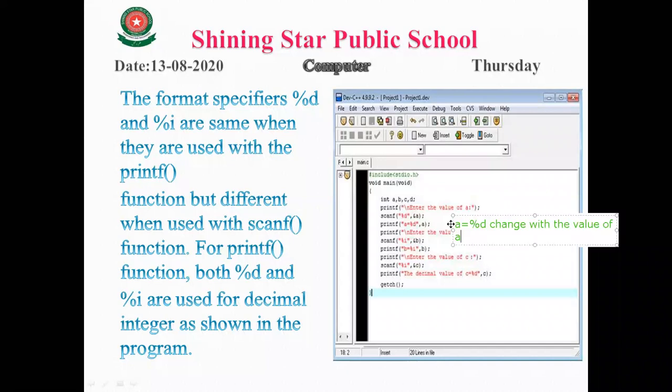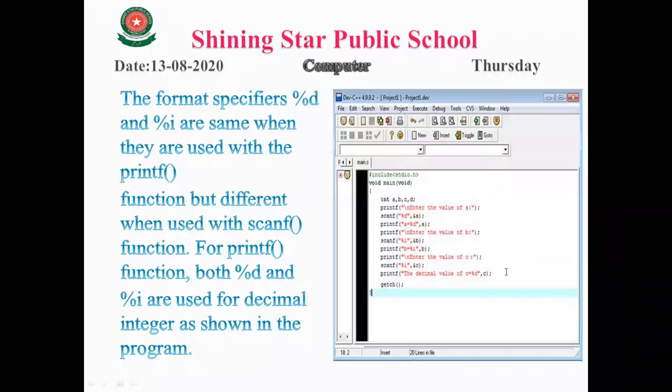Okay, and it will display the answer a equal to, so let's suppose the user enters 15, it will display like this, a equal to 15 on your screen.